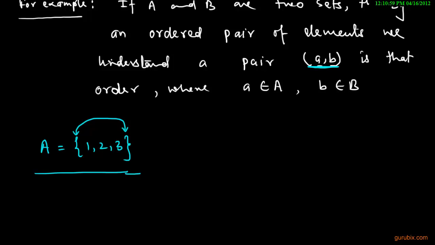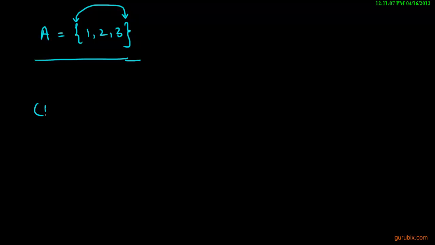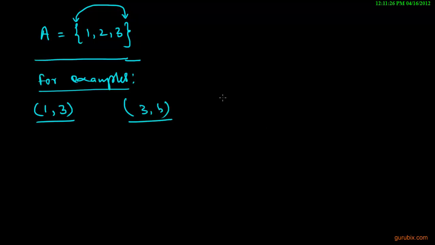Let me give you some examples. Suppose this is an ordered pair of 1 and 3, and suppose (3, 4), this is also a pair, and suppose we have (4, 5), this is also an ordered pair. So this is how we can understand an ordered pair. Let me write another topic in this video. This is equality